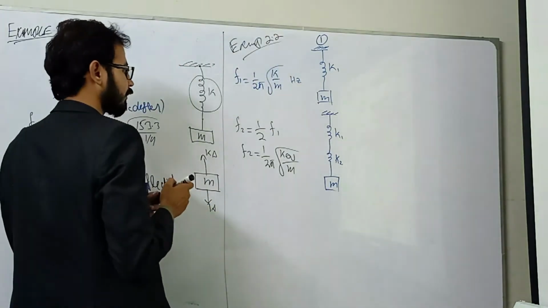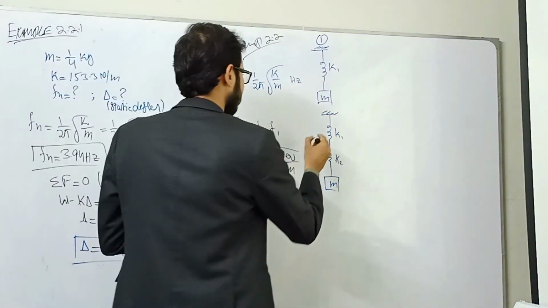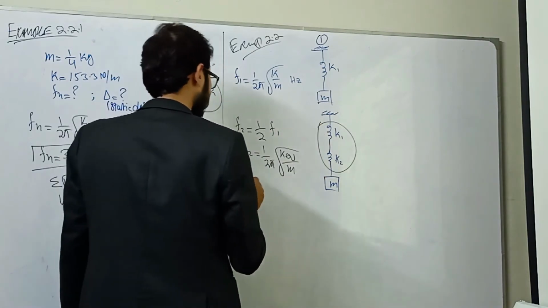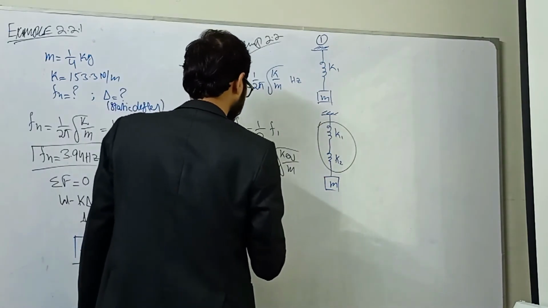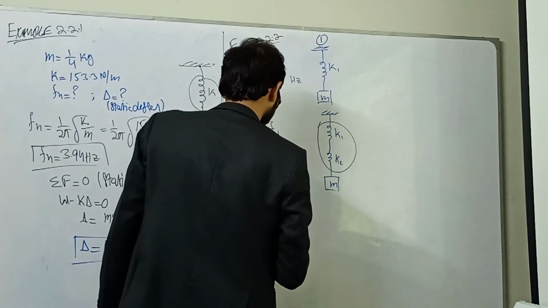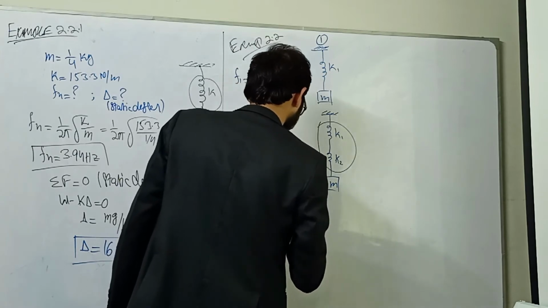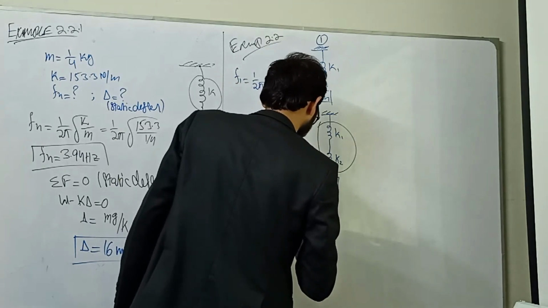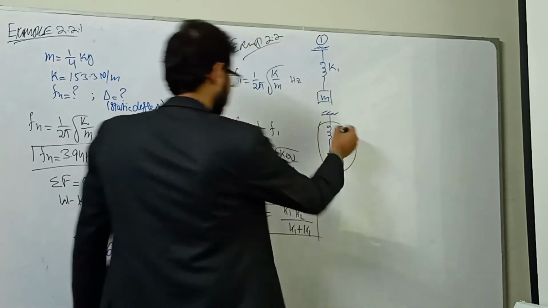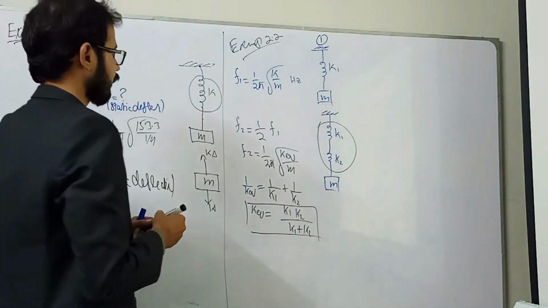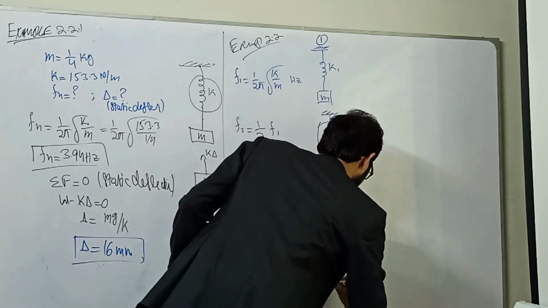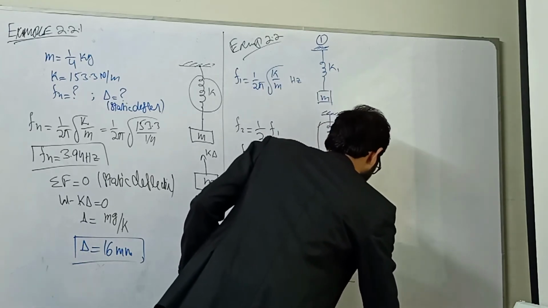So how can we calculate the equivalent stiffness of both elements? Springs in series: we add their reciprocals, so 1 over K equivalent is 1 over K1 plus 1 over K2, already explained, no need to explain it again. So this will be the equivalent stiffness in series, and we have converted the above mass spring system into an equivalent stiffness K equivalent.